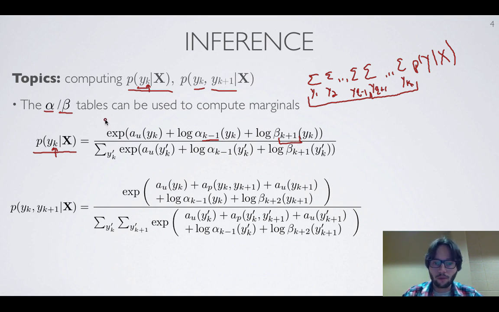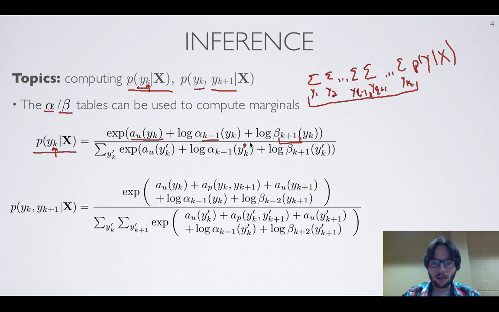So I won't go into detail as to how we obtain this expression. I'll leave that as an exercise. But we can show that the probability of yk given the whole sequence x is just the exponential of the unary factor at position k, so our preference for whether we like seeing this specific value of yk at position k,